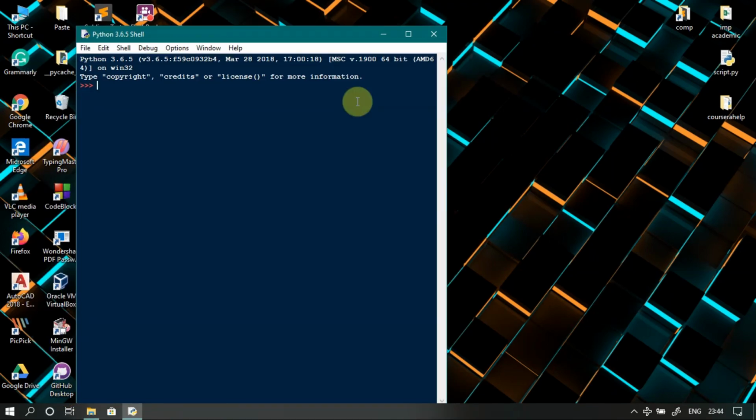The new IDLE window is open. In this Python shell we are going to write some basic programs. Now, to write a Python script consisting of multiple statements so you can execute all the statements together,